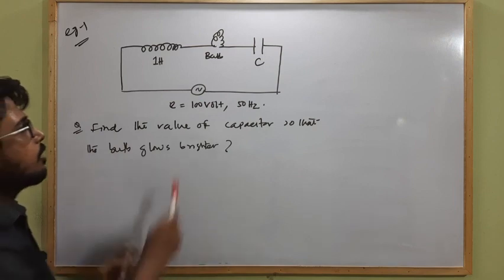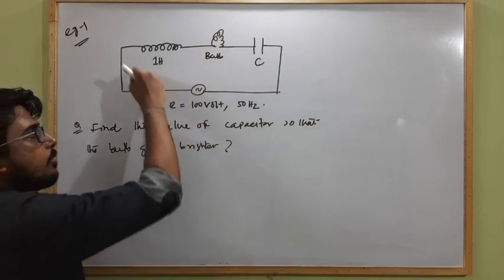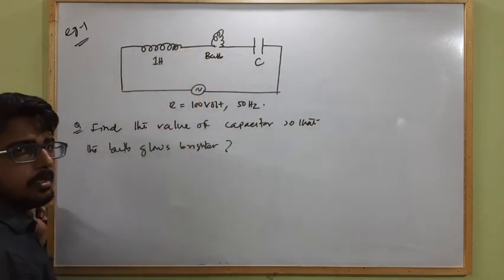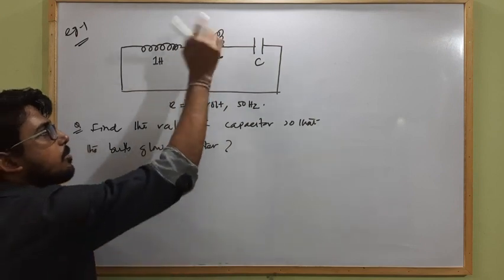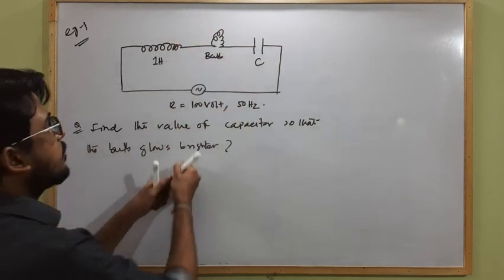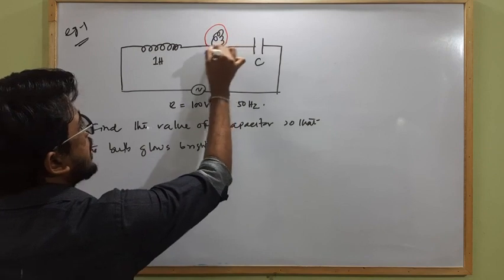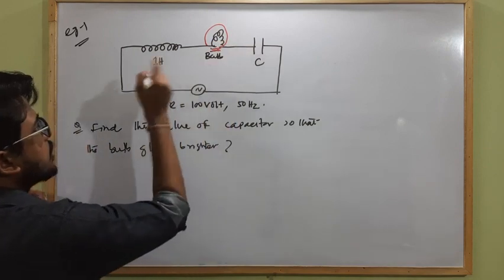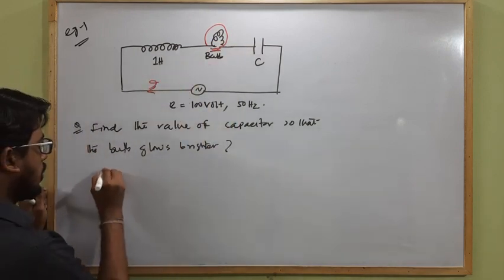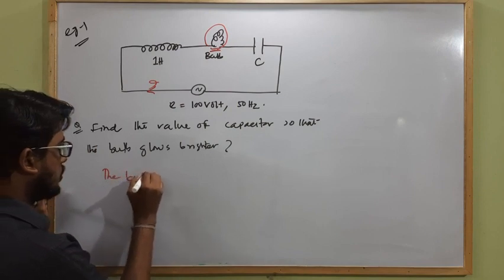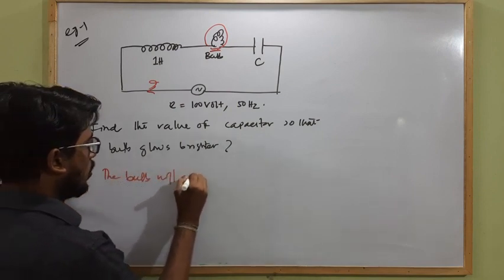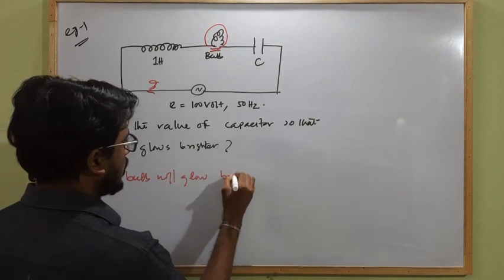The bulb will glow brighter when the current flowing through the circuit is maximum; at that state only the bulb will glow brighter. So the bulb will glow brighter only when